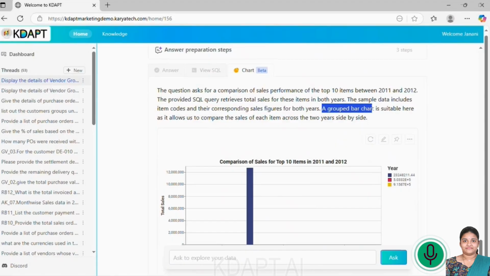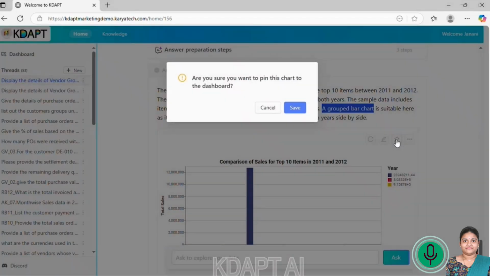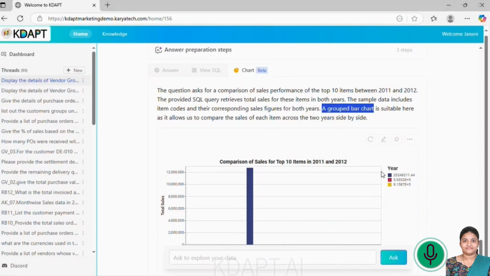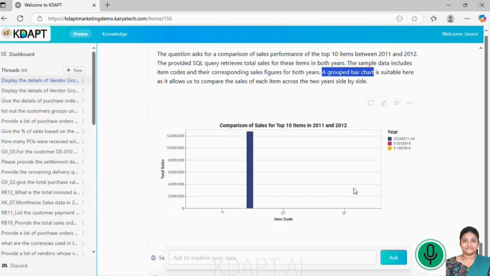Now, we have already pinned a bar graph in the dashboard. We can customize the view of the available charts and position them according to usability. You can also edit the bar graph into a pie chart or a multi-line chart using the edit option. On clicking the save option, you can save the chart to the dashboard and use it in the future. You can use the regenerate option to regenerate the chart in case you're going to add some more data to the existing table.